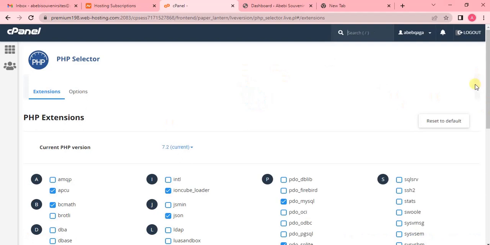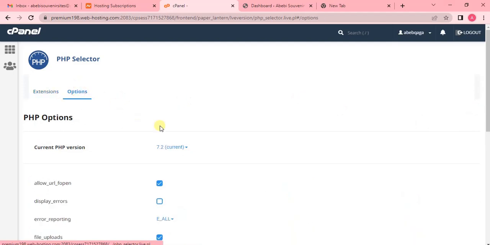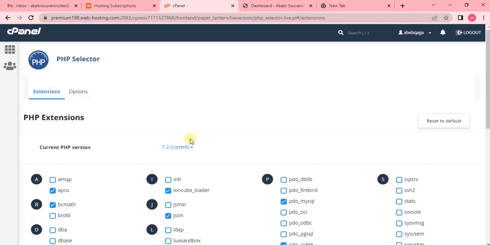So right here, now, if you want to change the version for a particular section or a particular file in your website, you want to come to the option, then you can check which of these versions you want to upgrade. However, I recommend upgrading the whole version for all of your website content. So if I go to the version, I click on it, and if I scroll down,